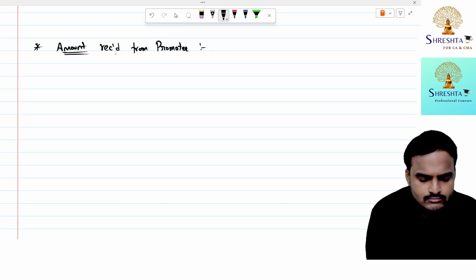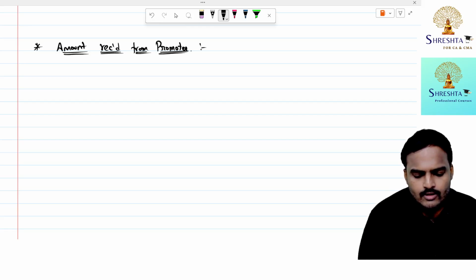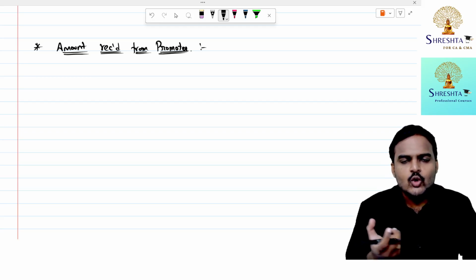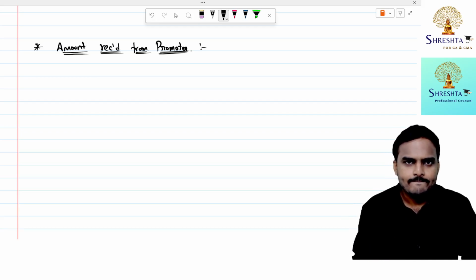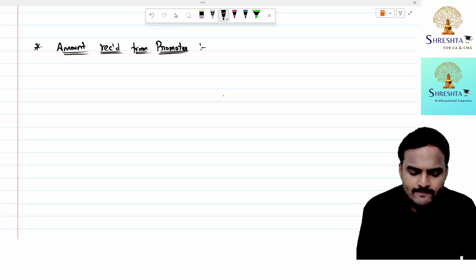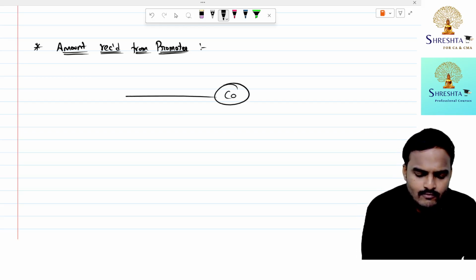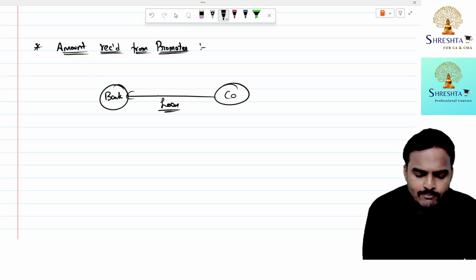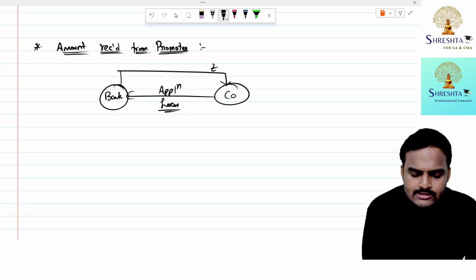So what is the meaning of this point? Meaning nothing. So loans, unsecured loans received from promoter is also not treated as deposit. Now, provided one more condition company is required to satisfy. See, one time company filed an application with the bank for the purpose of a loan. Banker agreed to give finance to company.